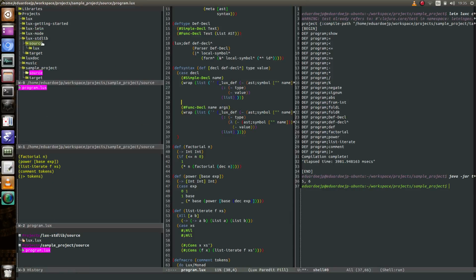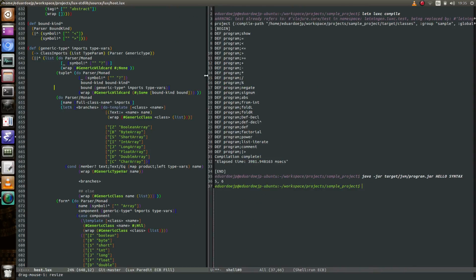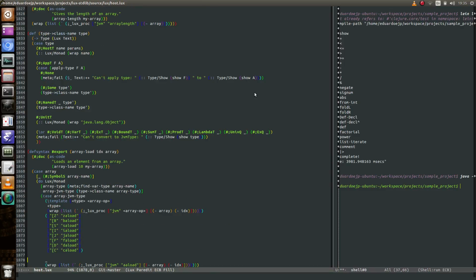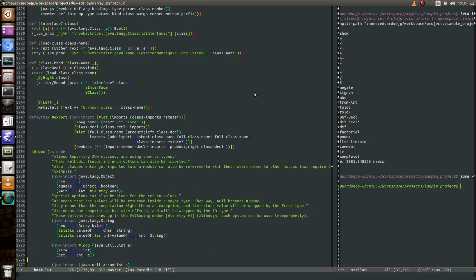Like in the standard library, I have some examples for parsing some macros for making classes and stuff. Like check this out. Like this JVM import stuff, and like oh man, parsing all kinds of macros, class declarations, some member declarations